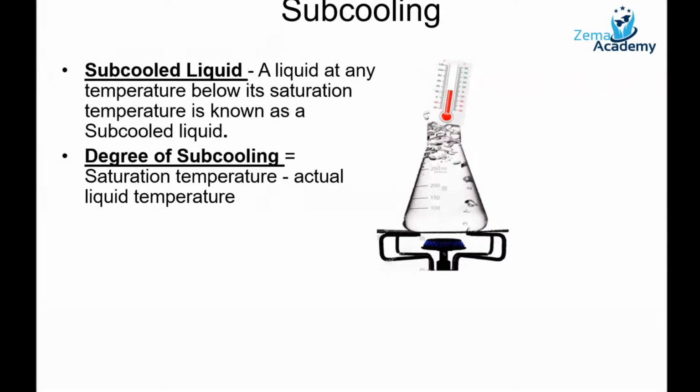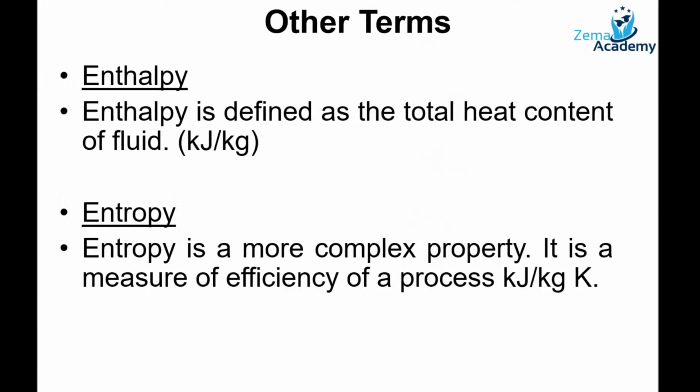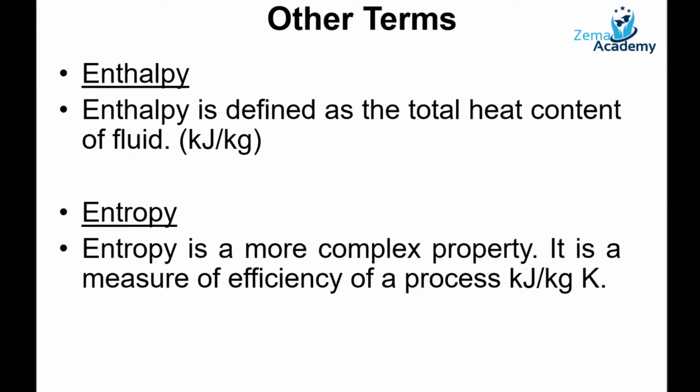Again, this is the opposite end of boiling, which is cooling. This refers to a liquid at any temperature below its saturation temperature. And we can calculate the degree of subcooling: degree of subcooling is Tsat minus T actual. Other terms that we will use are enthalpy and entropy. One deals with the heat content of the fluid, and the other deals with the efficiency of a process. Entropy tends to be a complex property,